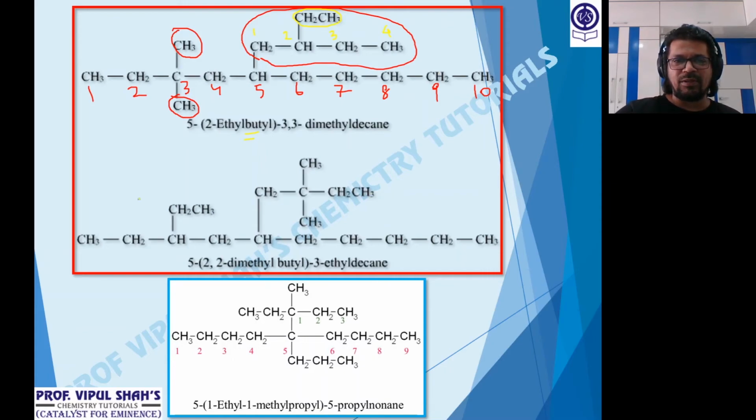See the next one now, how this goes. Now this will start again numbering from left. So this will be 1, 2, 3, 4, 5, 6, 7, 8, 9, 10. So the parent chain is done. I have 10 there. That's done. Now at 3 I have ethyl, and at 5 if you observe, it's a neo group. Okay, second last carbon is attached to 4, so it's neo 1 2 3 4 5. It's neo hexyl.